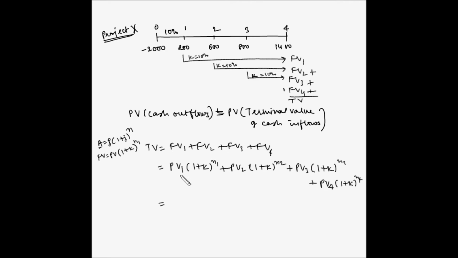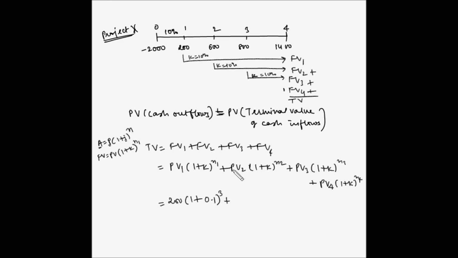So this is equal to, now PV1 is 200. So 200 into (1 plus, now K is 10%, but when we use it in the formula, we'll write it as 10 divided by 100. So this becomes 0.1. N is the number of compounding periods. So here 200 will be compounded for 1, 2, and 3 years. So N1 is 3